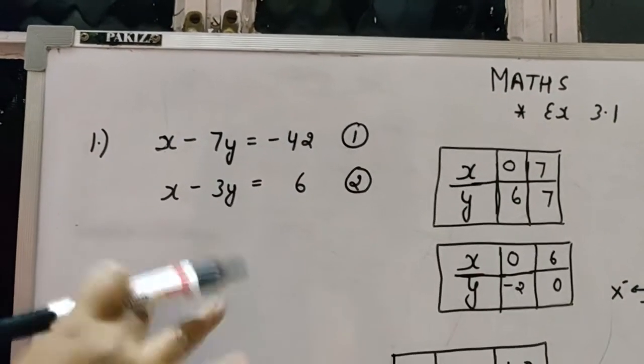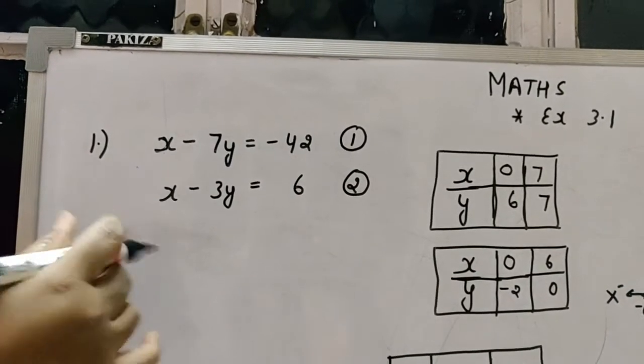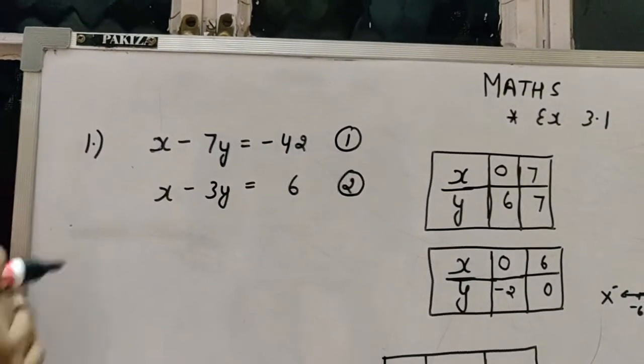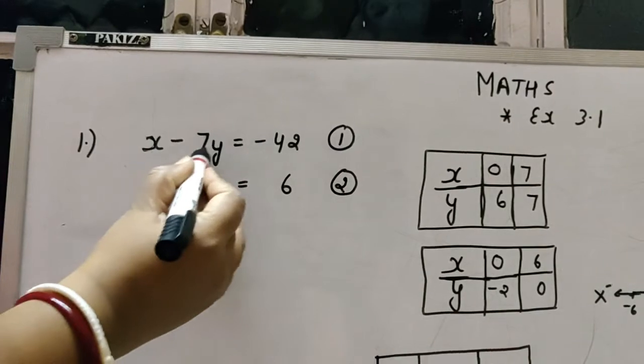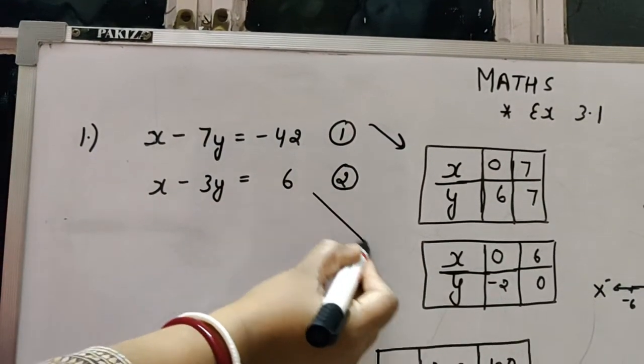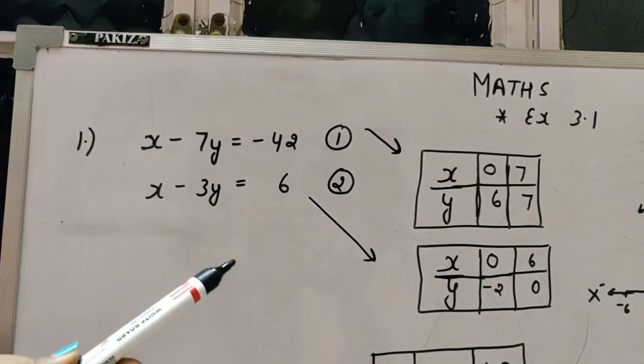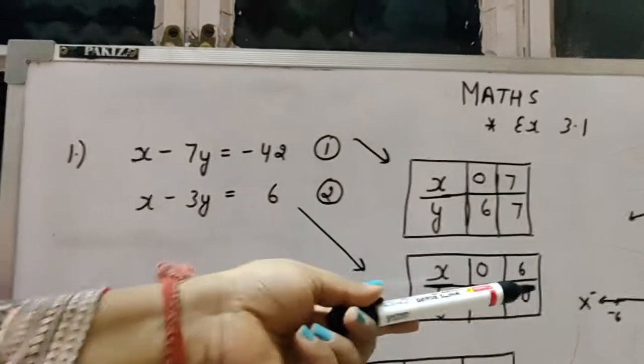So in the fair copy, I want only this block. Whatever calculation has to be done, this part has to be done in your rough work. Because in the fair copy, what I want is the equation and the block for the first equation, the second equation and the block for the second equation, correct? So you will find 2 solutions for both the equations. Now we are going to plot this graphically.